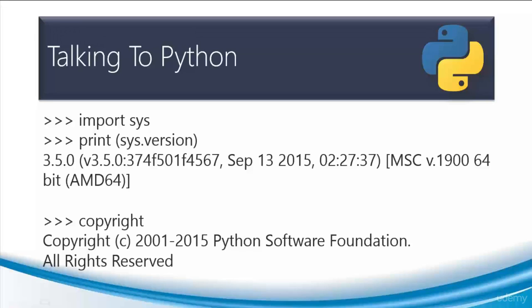So for example, here's a simple command called import sys. In other words, I'd like to find out the version of Python installed on my computer. So in order to do so, I need to open up the Python program and then input this command called import sys, and then finally print parentheses sys.version and close the parentheses. And this would give me the results that you see on this screen.